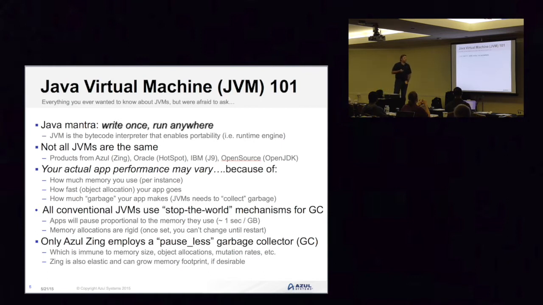In terms of the Java virtual machines in the world, one of the basic design principles was write your source code once, but run it anywhere. So the Java virtual machine is that piece of technology that lets you do that. That portability comes at a cost for us Java vendors. We each have to build a JVM on a platform, so you can then write Java code that just compiles